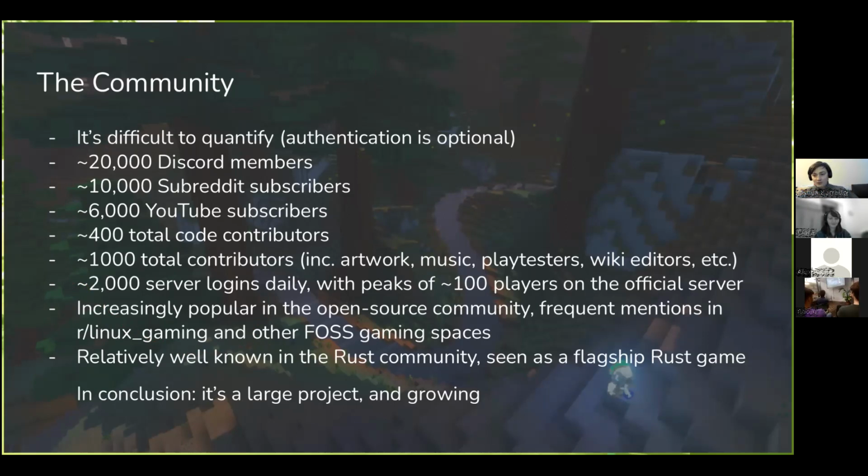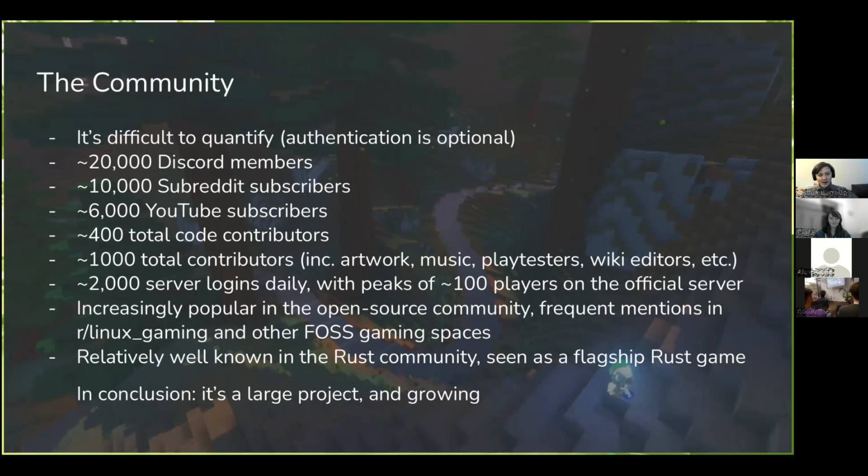I checked the Git repository last night and got over 400 individual contributors to the code base now. And this one is more of a guesstimate, but I think about 1,000 total contributors if you include people doing art and music and so on. Obviously, quite a lot of that is a long tail, maybe only 10 to 20% of that are people that are very regular contributors or have done a substantial amount of work. Quite a lot of people have just added a typo fix or fixed a single bug